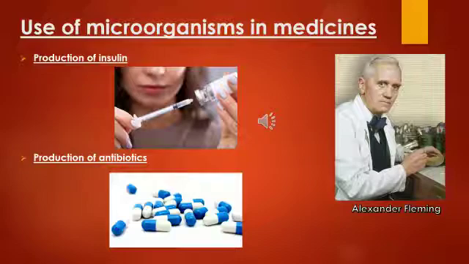Okay. Next is production of antibiotics. First, you need to know what antibiotics are. Antibiotics are substances produced by organisms that kill or inhibit the growth of other microorganisms. For example, say we have a bacterial infection and that bacteria is very harmful to us. We need to kill them and stop their growth in our body when it has infected us. So we take antibiotics in the form of tablets, and these antibiotics will go and fight against the harmful microorganisms which have infected us. Okay, so that is one of the usefulness of microorganisms.